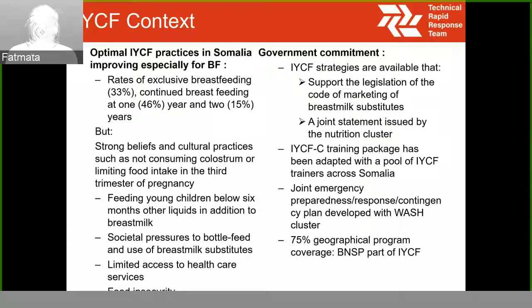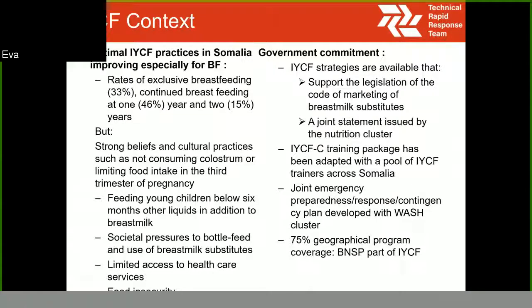I am also pleased to say that there is a joint emergency preparedness response and contingency plan, which was developed with key components of nutrition in that plan.